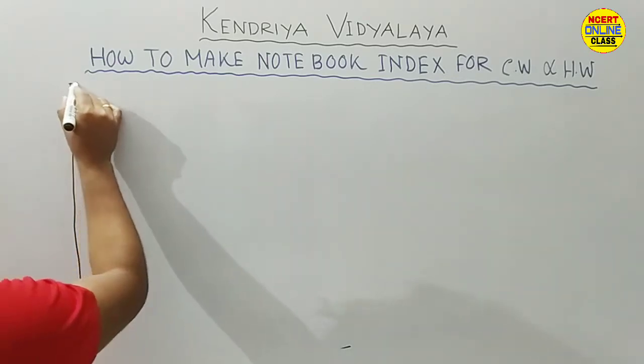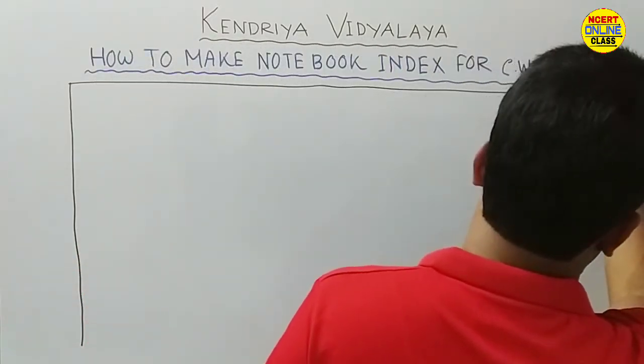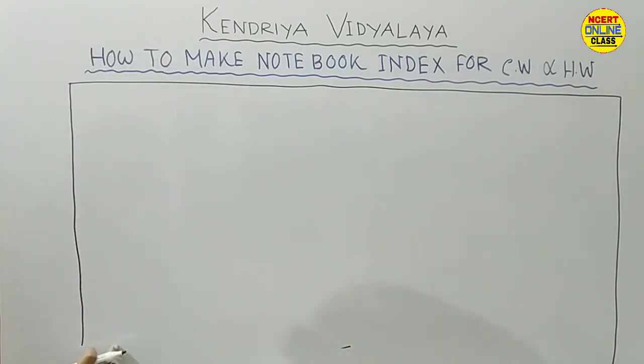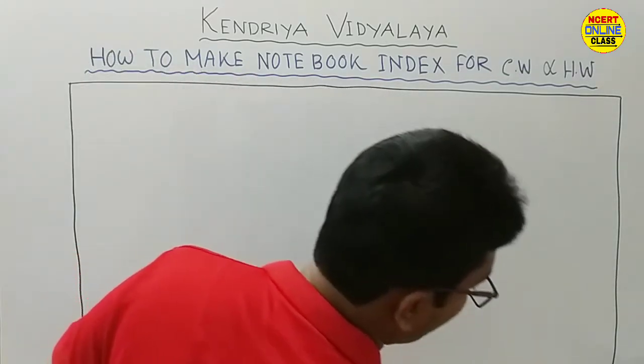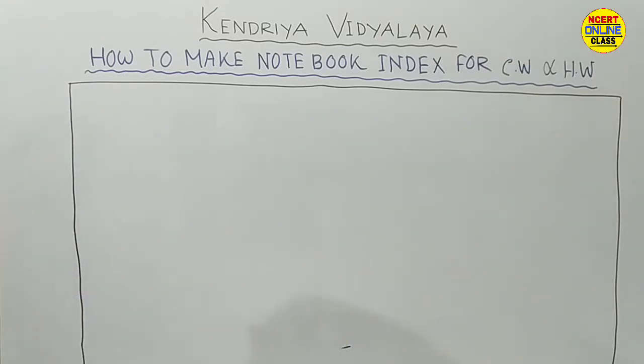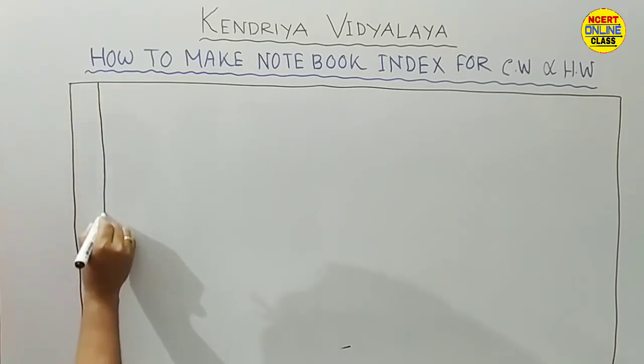Full page you need to make, and I do not make it here because you need to make this up to the last. Then make a small column at first,